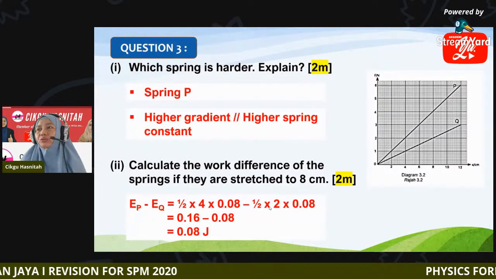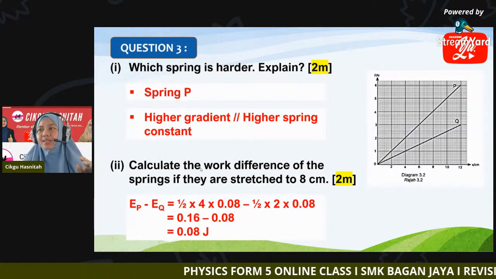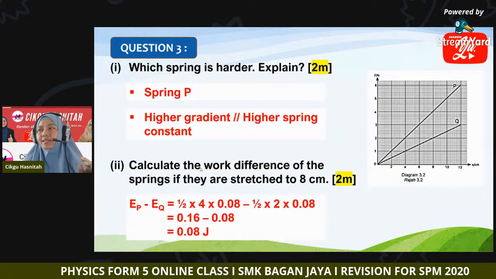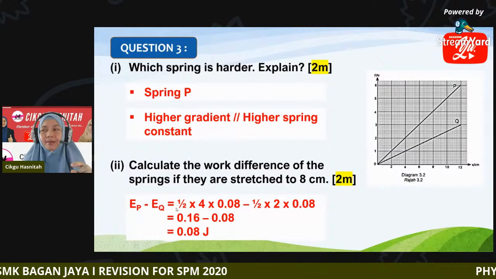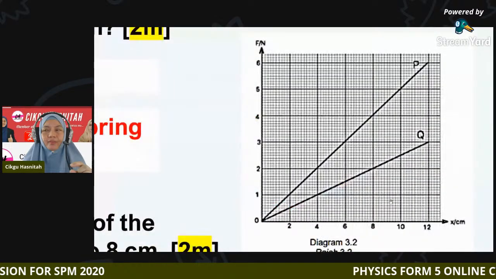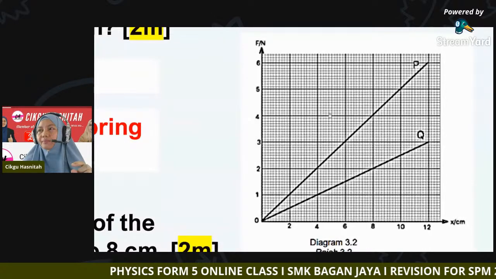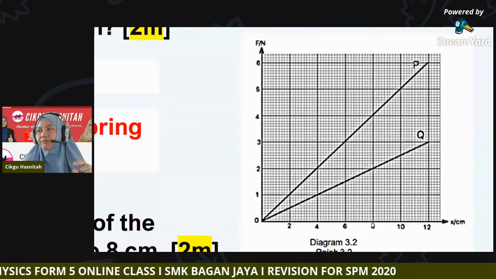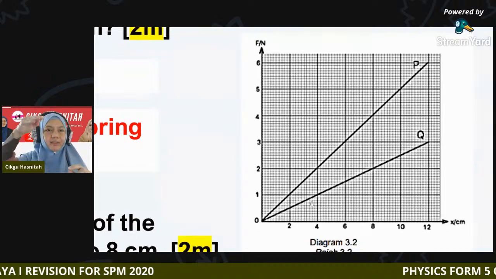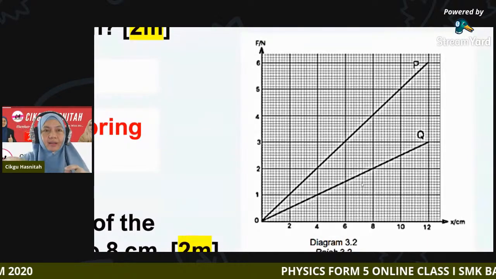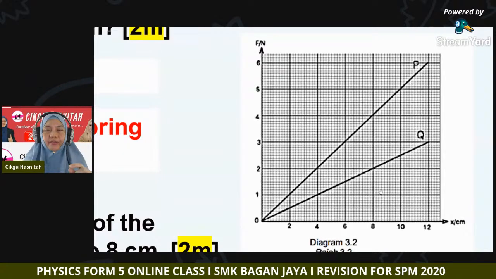So how to do this? It says the work difference when they are stretched at 8 centimeters. So you look at this graph, when they are stretched at 8 centimeter, mean X is 8. So you look for P, when X is 8, the force applied is 4. So this is a triangle for P and this is for Q. Okay, so you can shade the area involved for both P and Q at extension of 8 centimeter,